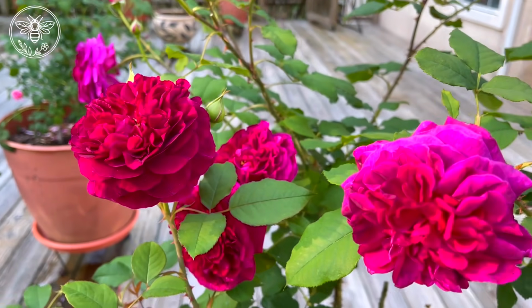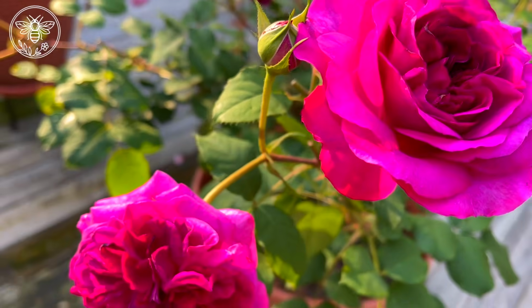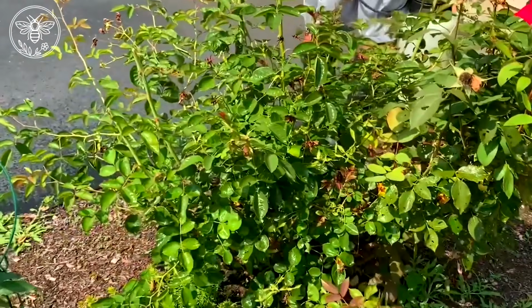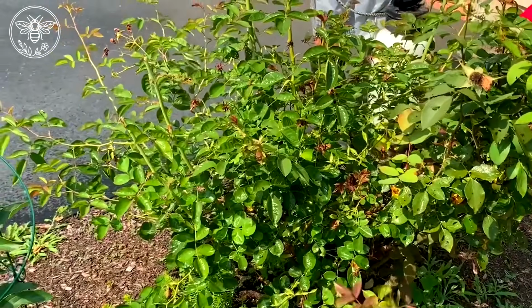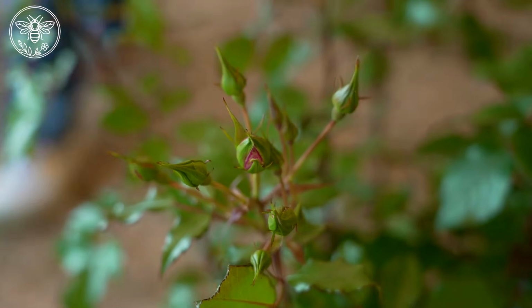Because from the plant's cold biological point of view, flowers are a luxury. They are not a survival organ. Roots keep it alive. Leaves keep it fed. Defenses keep it from being eaten. Flowers are about the future, and a plant fighting to survive the present will not spend its last dollars on